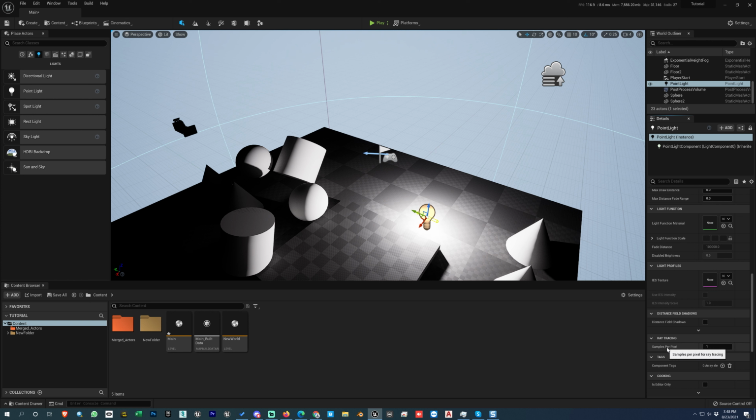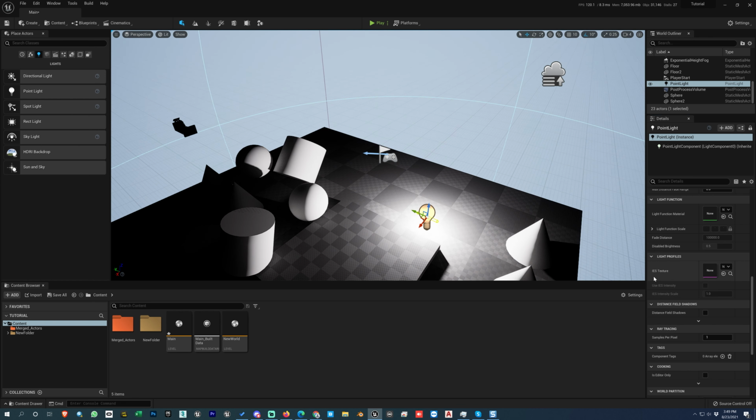Okay, in ray tracing, samples per pixel, I will explain a few things about it while we make an interior scene inside Unreal Engine. That time it helps in reducing the noise in the shadows. So now let's go to